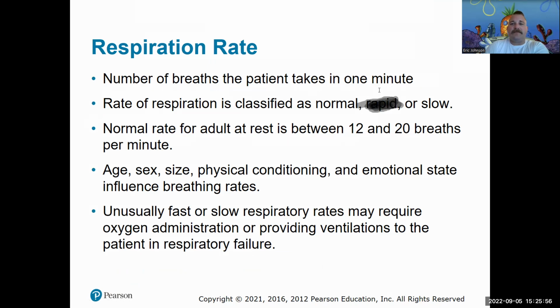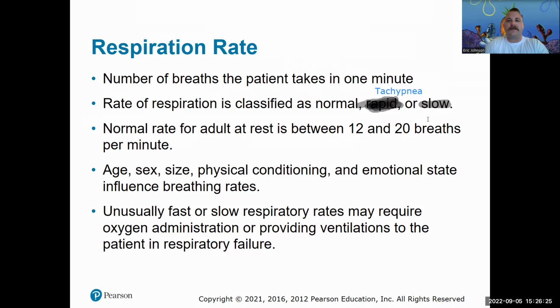So instead of rapid, we are going to say tachypnea or tachypnic. And so if it's really fast, we'd say that it's tachypnic, or we're showing signs of tachypnea. And instead of slow,